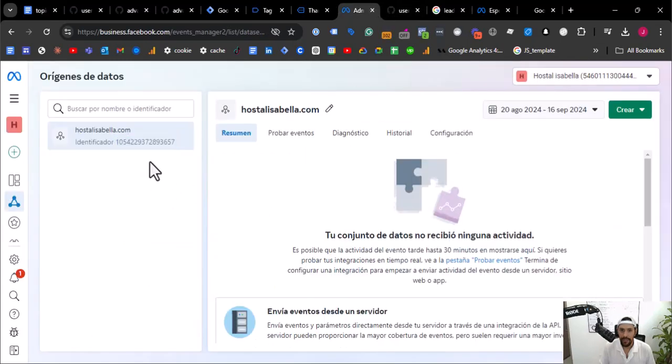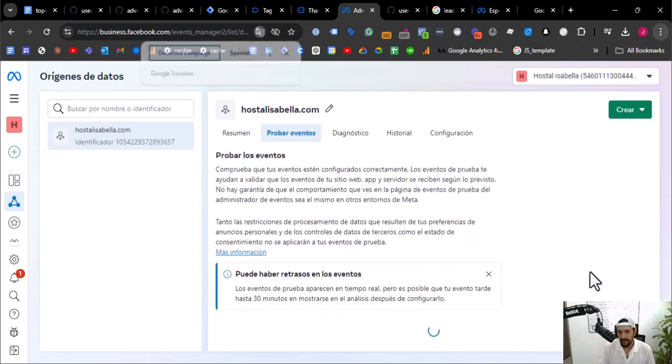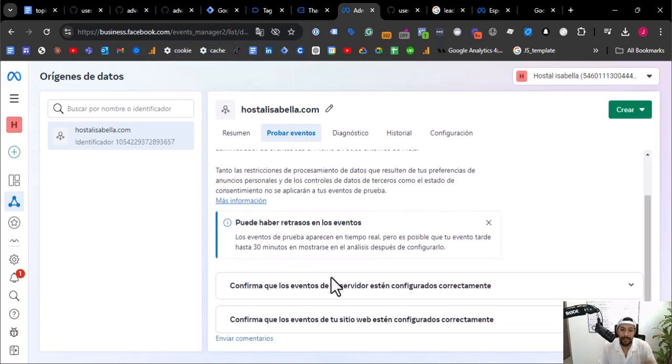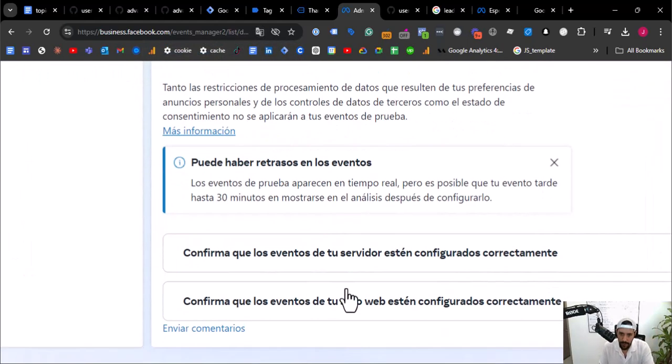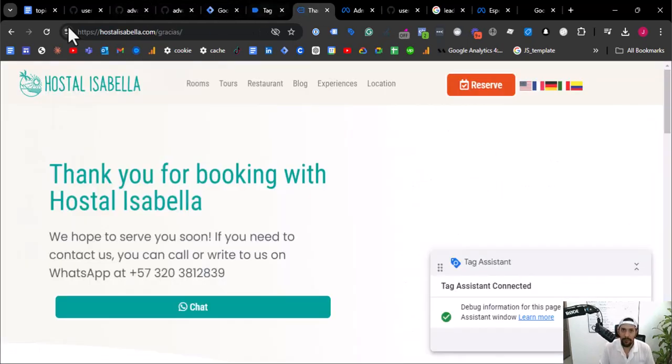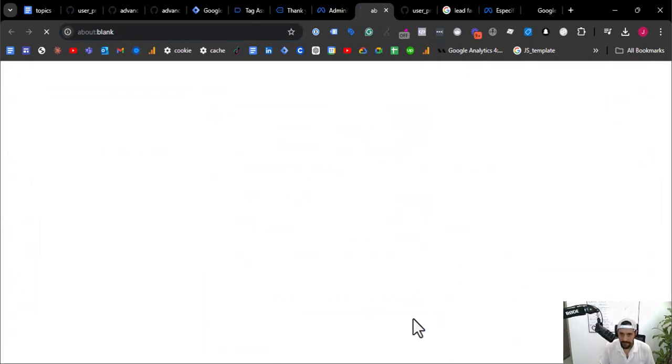Let's go to the Events Manager here. Then you will go to Test Events. This is in Spanish. Let me see if I can improve it for you. No, never mind. But yeah, you are in Test Events. Then you will go below here and select the option for client side or web events. So I'm going to click here, and next I will paste the domain here. Let's open the website, and what